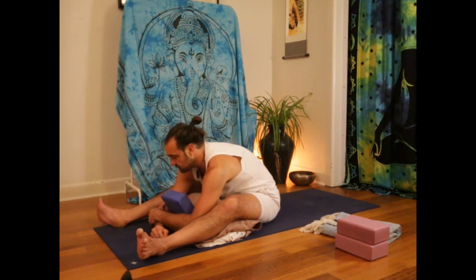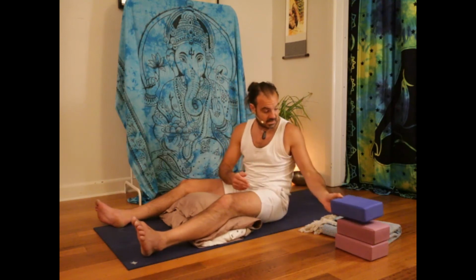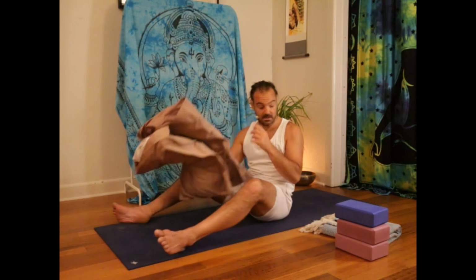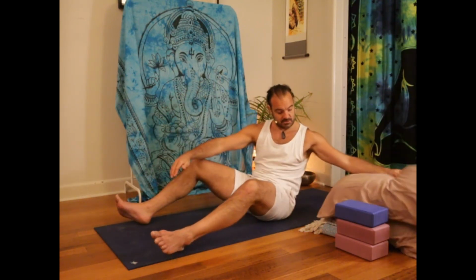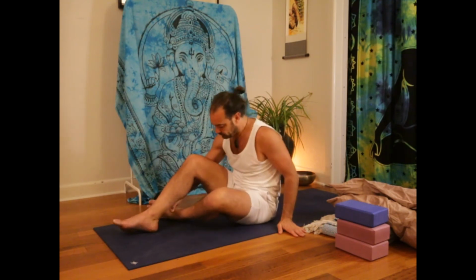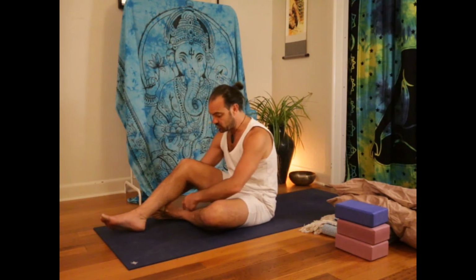And slowly coming up, and we'll find a square pose here. So we'll have the opportunity to fold forward a bit more. You can bring your left foot under your right knee, and you try to keep your shin